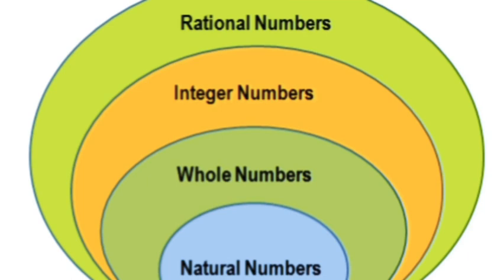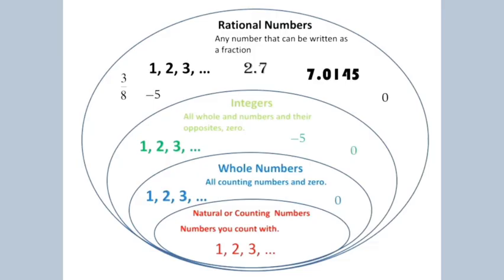In early classes, we have learned about counting numbers or natural numbers. What are the natural numbers? 1, 2, 3, etc. And the natural numbers extended to include 0 are called whole numbers. And whole numbers with the negatives of natural numbers form the set of integers, that is -3, -2, -1, 0, 1, 2, 3, etc. So today we are going to see rational numbers.